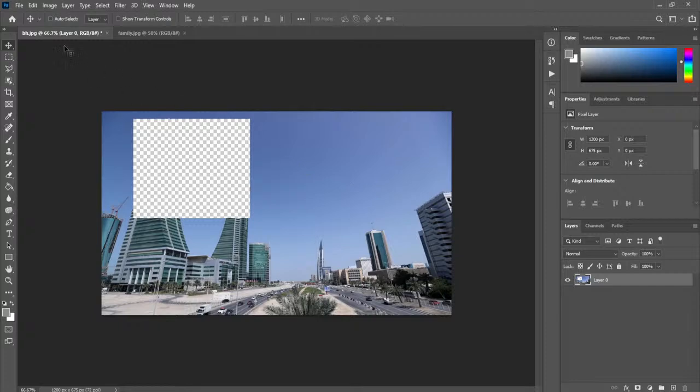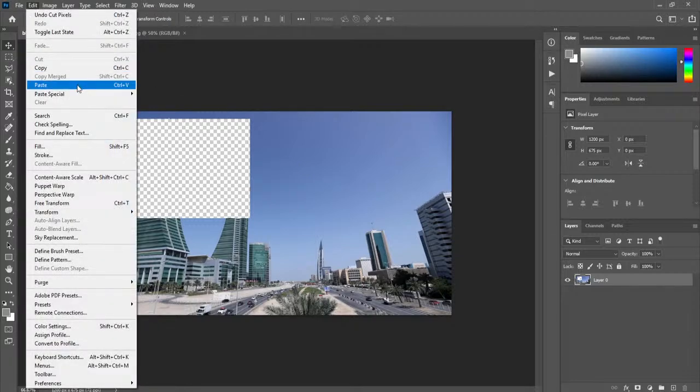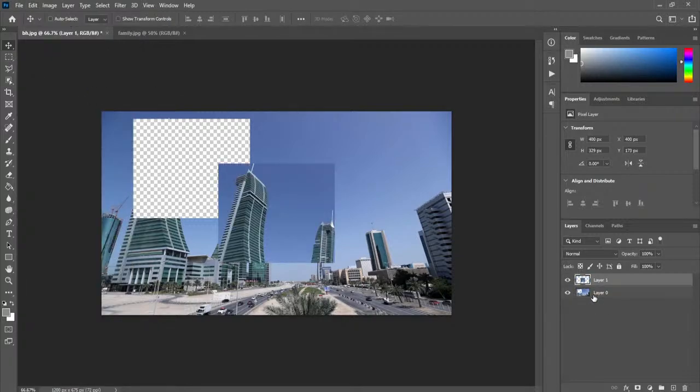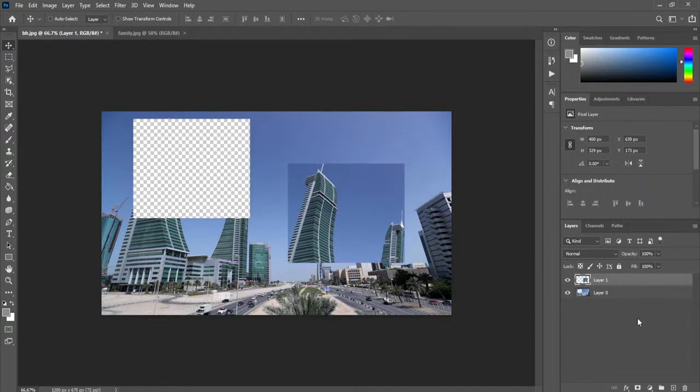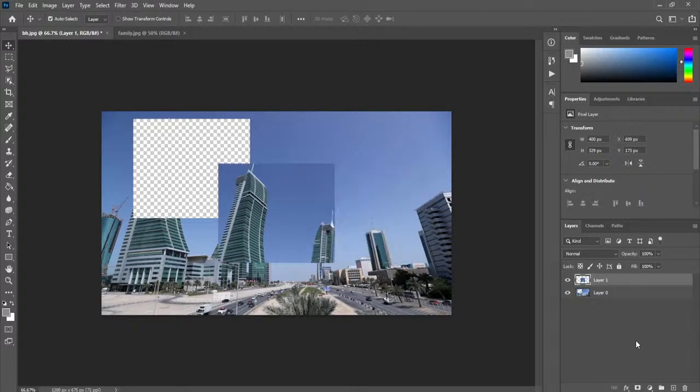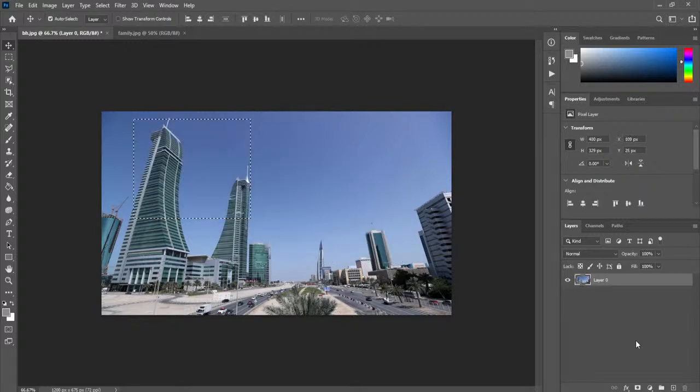When I do the cut, it will cut that part and I can paste it wherever I want. So if I go to Edit, Paste, it will paste it in a new layer. And here it is, and I can put it anywhere I want. But you have noticed that, let me press Control Z to undo, go back here. Now if I go to cut,